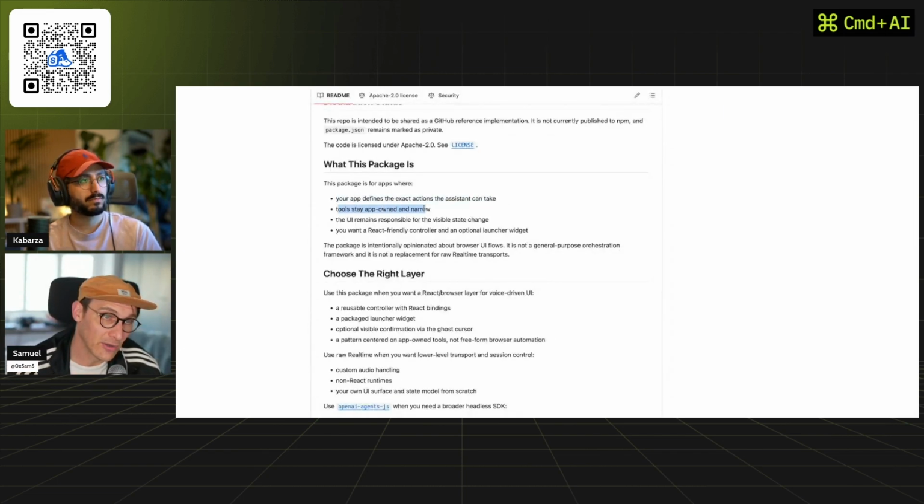Tool state, app owned and narrow. The UI remains responsible for the visual state change. You want a React-friendly controller and an optional launcher widget. So I think you do need to build the responses in. And this is just a nice way to basically handle the understanding and turn that into essentially tool calls